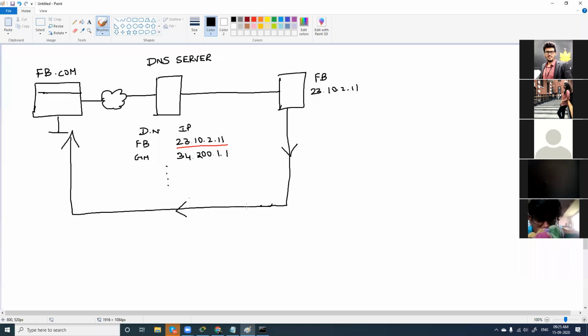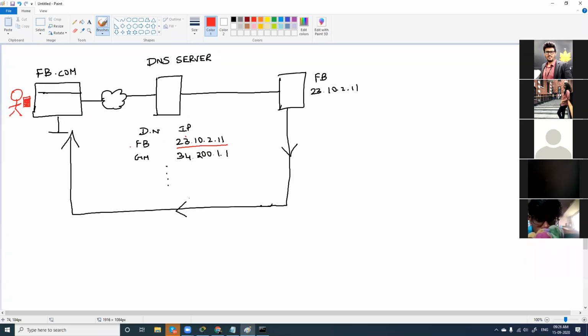Now, consider a non-technical example here. Instead of a computer, you are the human here, and you have a mobile. This mobile is a DNS server wherein it has contacts. It has all names and numbers of your friends.